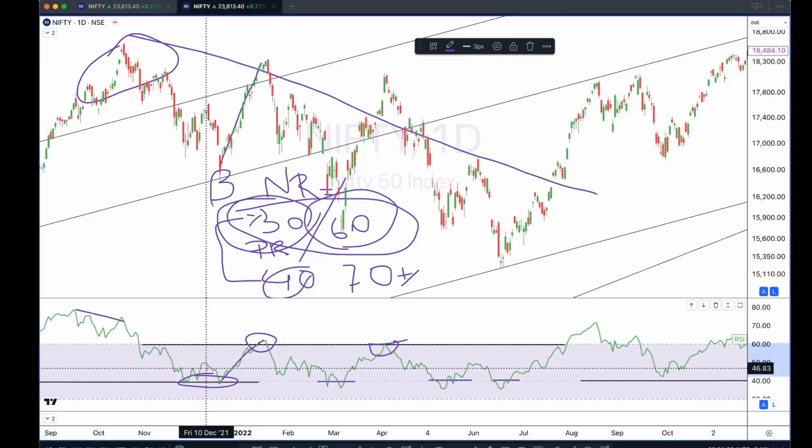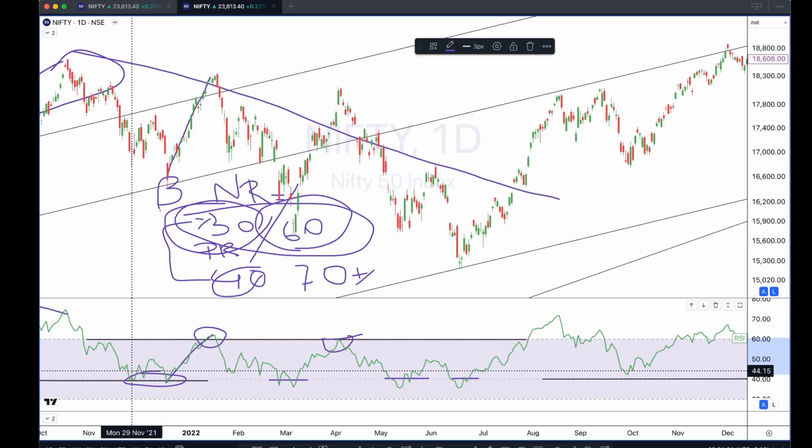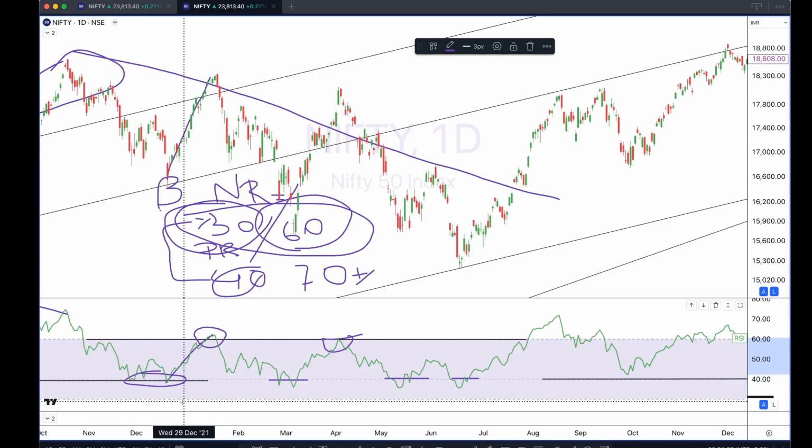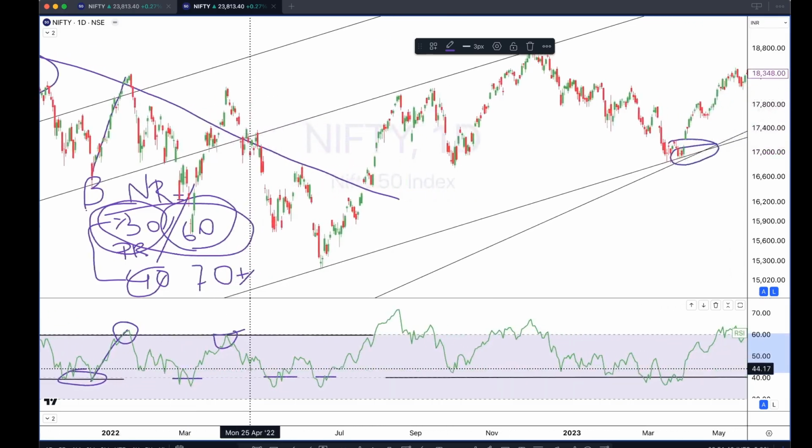So, understanding the past price action is very important if you want to, with any success, guess what is going to happen in the future, right? At the end of the day, we are not predicting, we're just taking best estimates based on what has already happened, correct? So, in this activity, this was back in December 21,